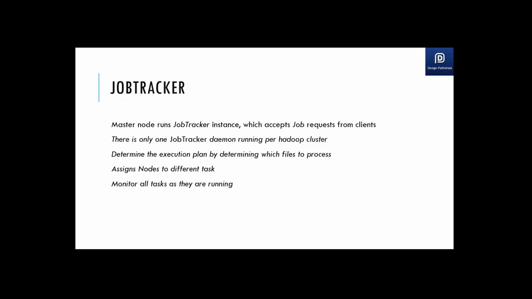Okay. So we just looked at the job tracker. What I was just talking about is being precise on the slide. Master nodes run the job tracker instance, and the job tracker would be a kind of single point of failure if it goes down, because it maintains the whole metadata: which job is running where, the task trackers' state, and all the jobs submitted are added to its queue.